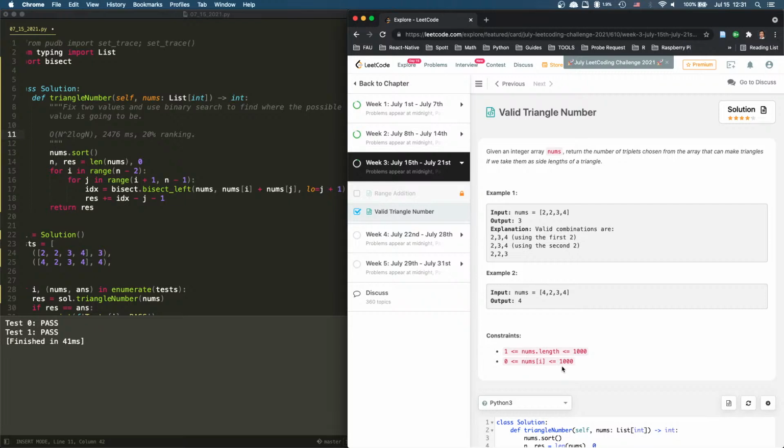So 2 and 4 is 6, and we have 1 smaller than 6. 3 and 4 is 7. Then if we have 1 smaller than 6, we're definitely going to have 1 smaller than 7. But we might have more if we want to go to 7. But to see 7, we just need to know,